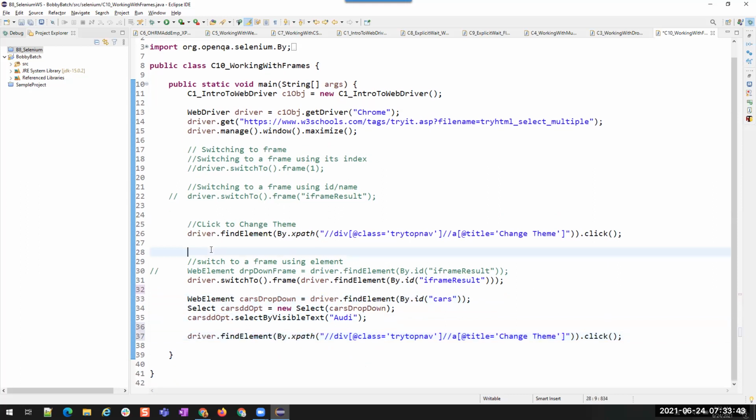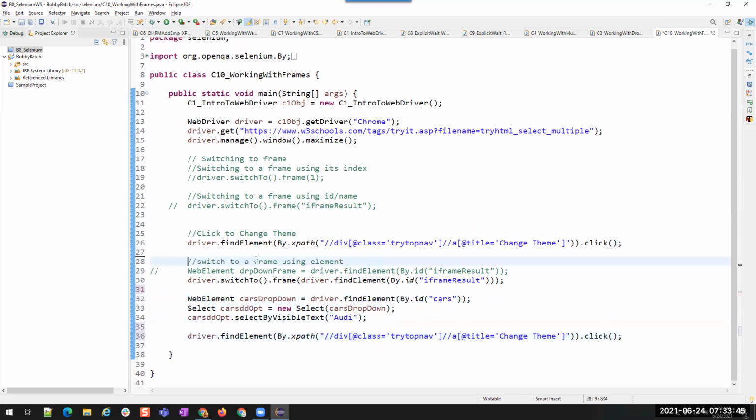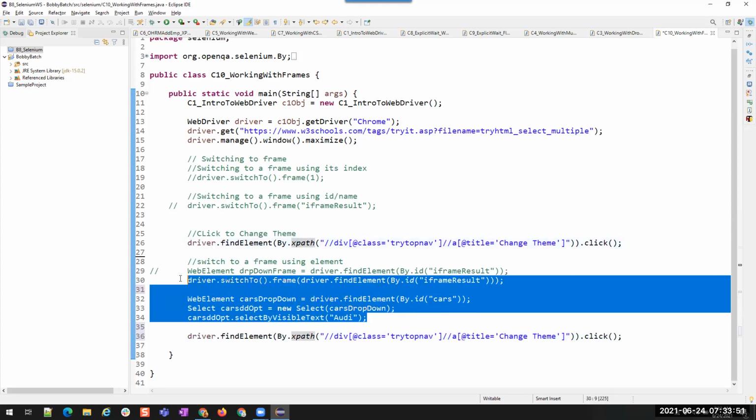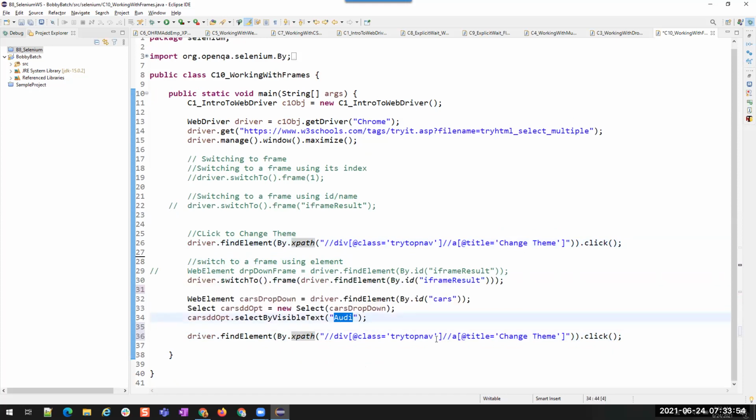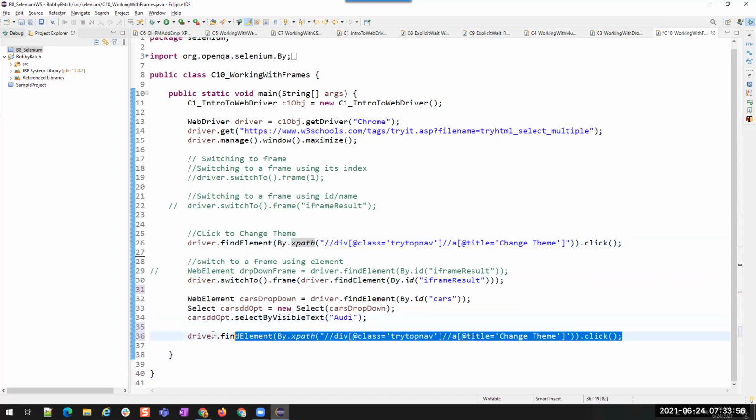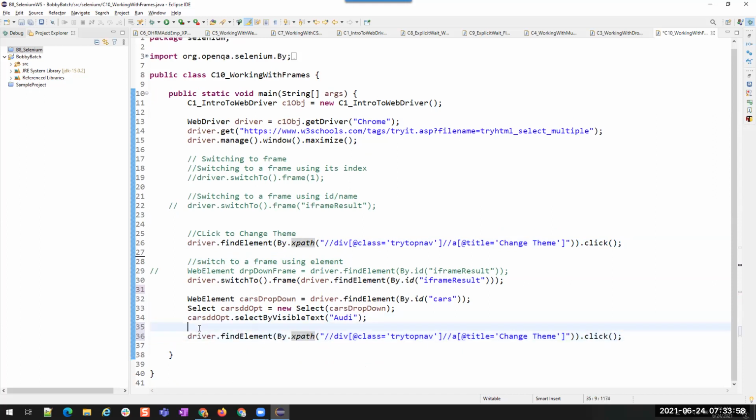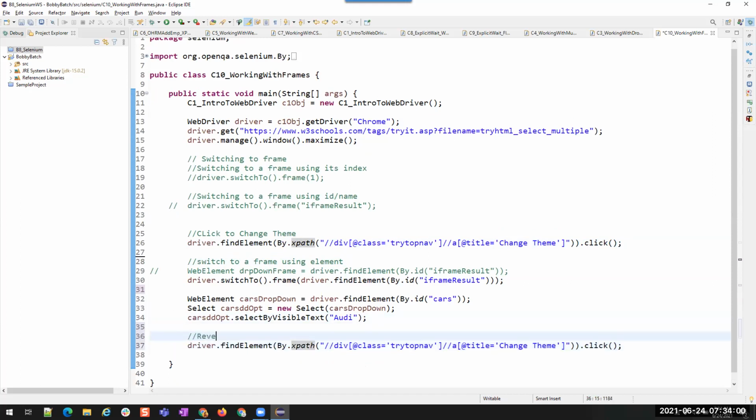Before selecting RD, I clicked on the change theme, and then I performed the selection of the RD value, and then I'm trying to change back my theme. Okay, reverting the theme changes. Okay, now let's run this.